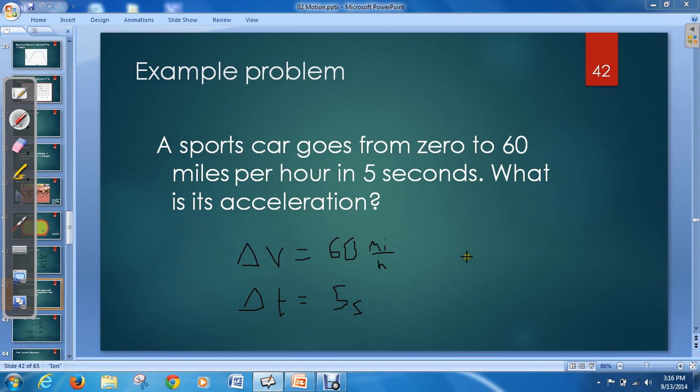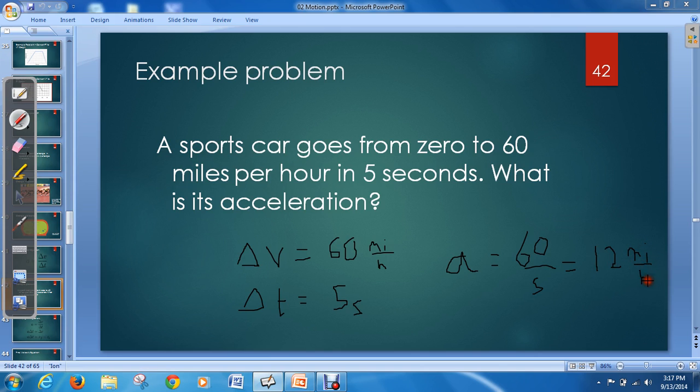And so if we're finding acceleration, we just divide those two. So our acceleration is 60 over 5, which would be 12. Okay, 60 over 5, or 12 miles